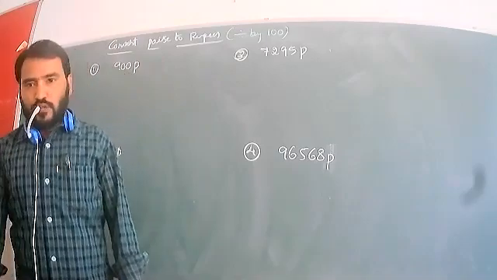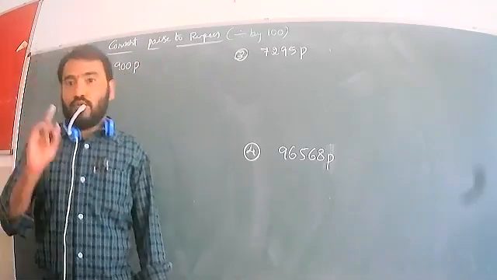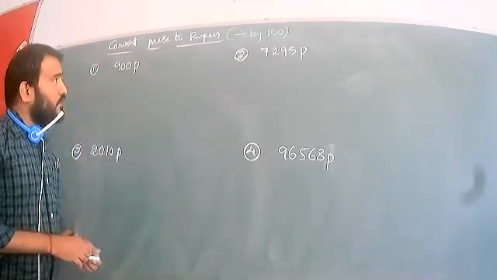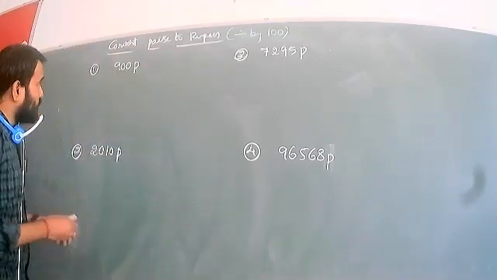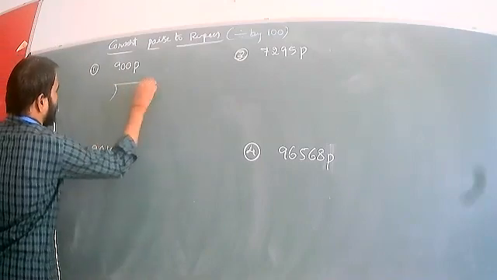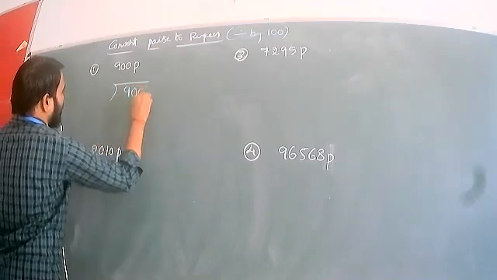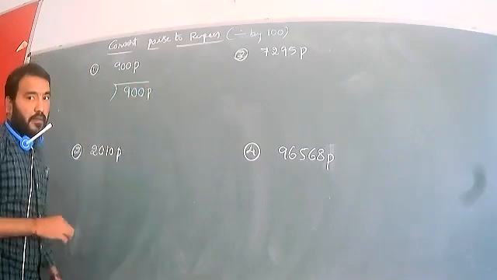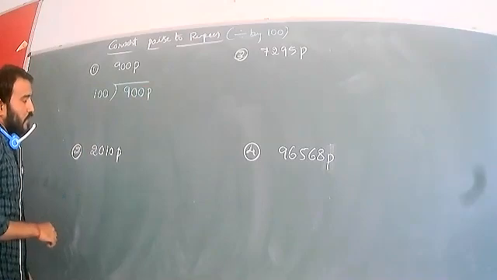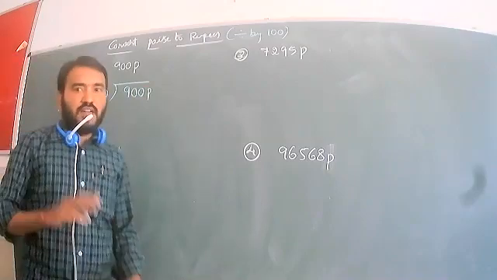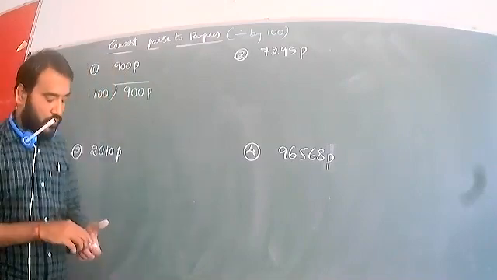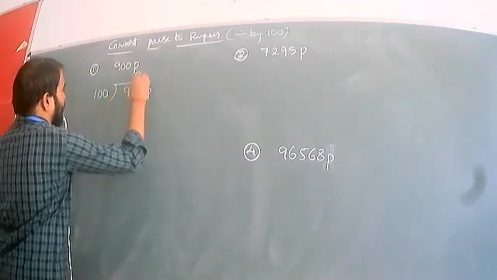So up to, you know the tables. 100 into 10 is 1000. Keep in mind, 100 into 10 is 1000. Now we can divide the number. Taken that, it is 900 paisa. It is written in the dividend. So 100 has to be taken as the divisor. So 100, how much to make 900? 100 into 8 is 800, 100 into 9 is 900. So you know that 100 into 9 is 900.